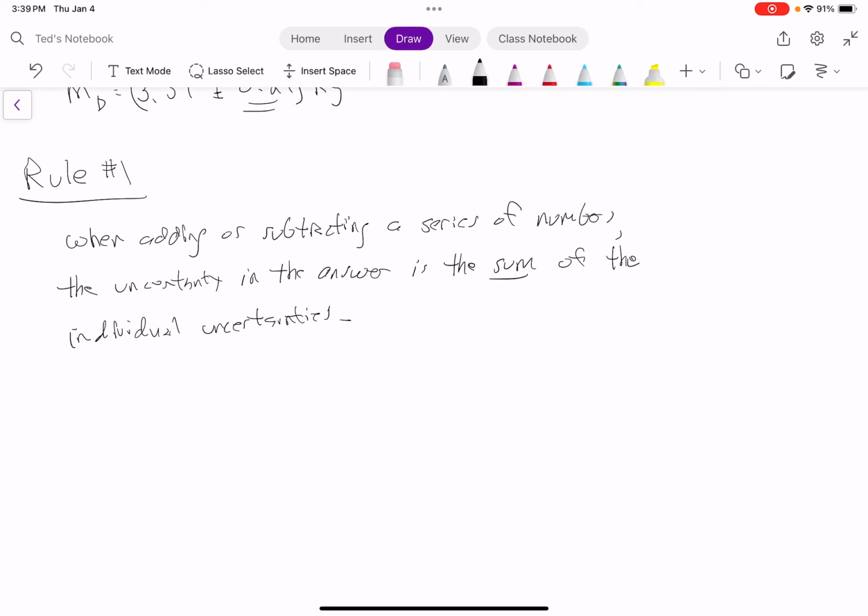So, for example, if I had an equation that said